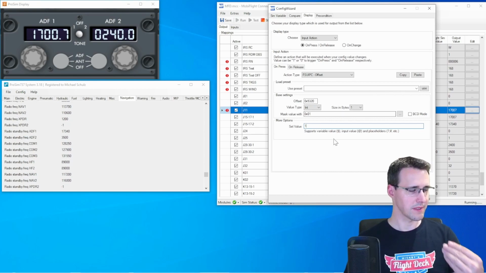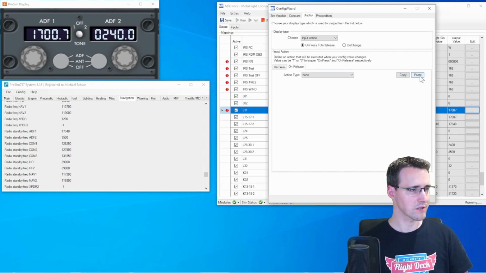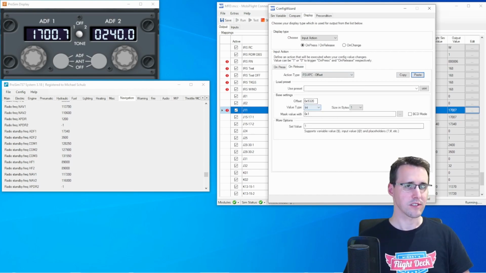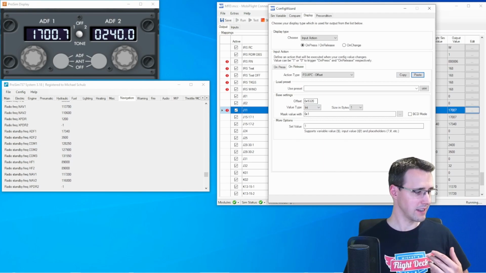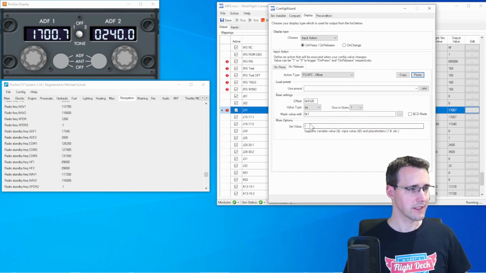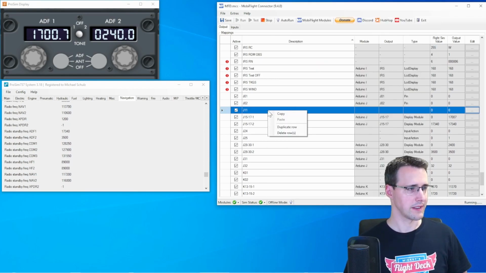So I'm now in the ADF mode. Copy, and on release, my switch is not in the ADF mode anymore. Then the offset is the same, but the value is 0. Let's duplicate this row